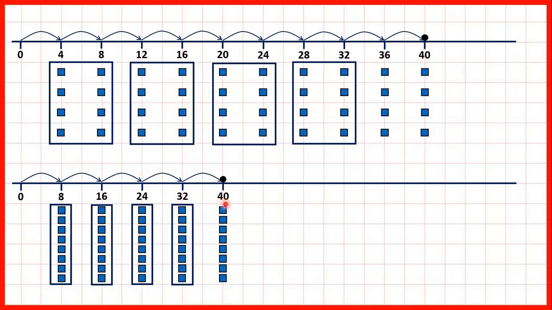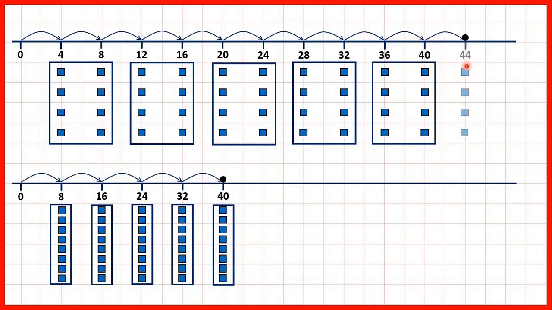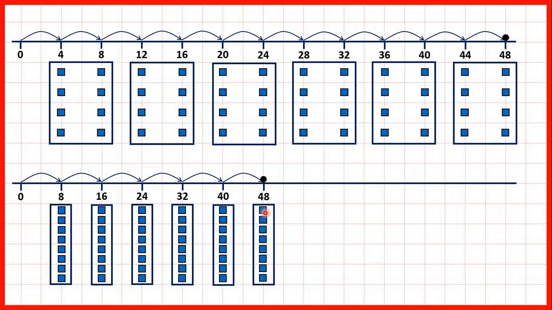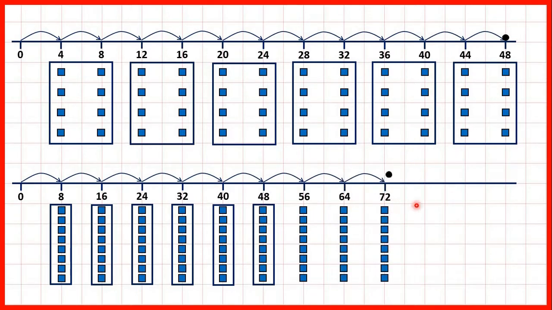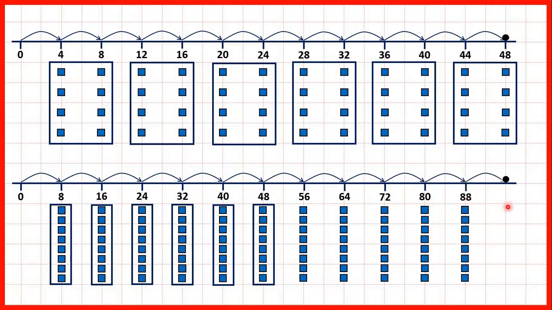So notice every number that's in the 8 times table is in the 4 times table as well. We have 44, and then 12 times 4 is 48. And because 12 times 4 is 48, we know that 6 times 8 must be 48 as well. And we can keep on counting in our 8 times table, and it's important to understand that all of these numbers that are in our 8 times table would also be in our 4 times table if we kept on